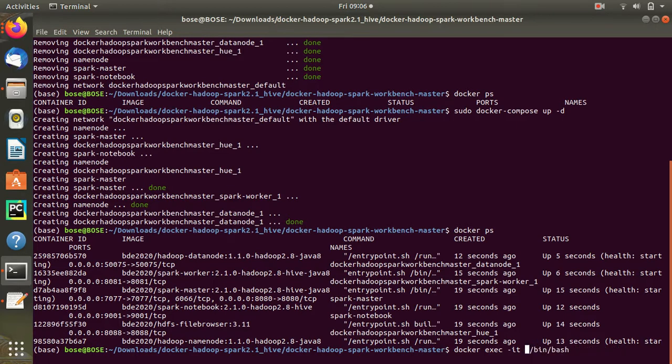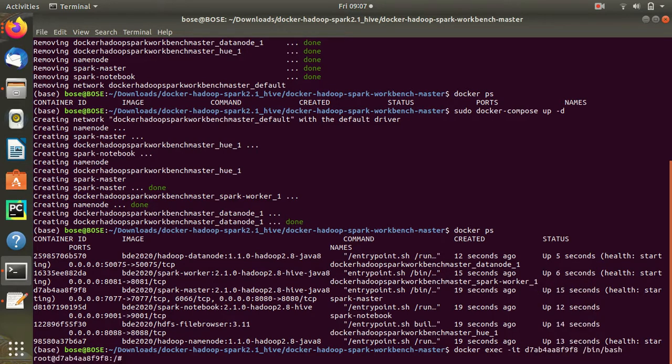Now we want to log into the Spark Master. Our motto for creating this is, we want to execute PySpark, right? And we want to do the PySpark by putting the file somewhere. We don't want to go and run it in a command line and then get an output. We don't want to do it like that.